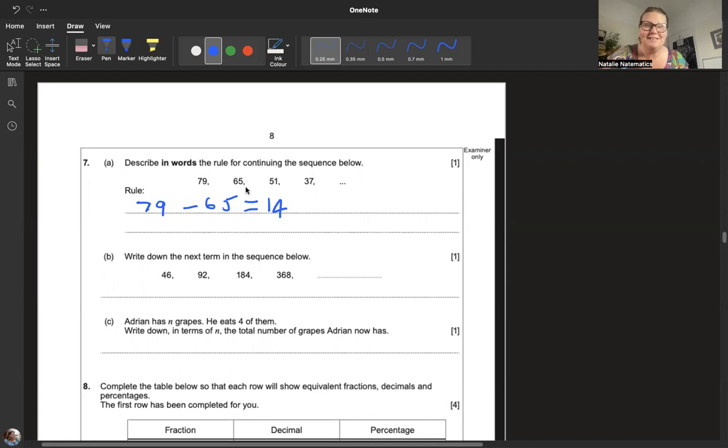Okay, so that's just a little trick. Those are the 2 numbers we know. The difference between them is what was taken off. And with a sequence, you will see that that's the same number each time, on these kind of sequences. So we're going to say describe in words, and it's subtract or take away 14. Okay, subtract 14. But it says 14 in words, so I'm going to put